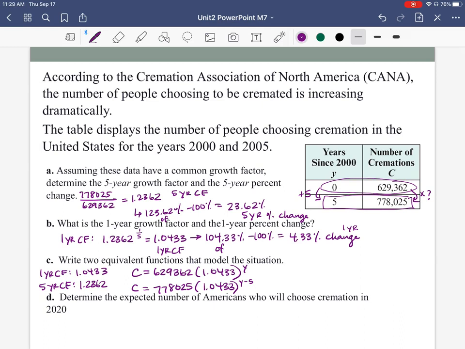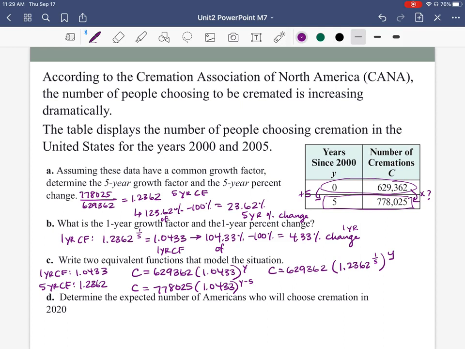So if I do that, you guys are going to love all the options, right? So let's say we start with the first reference point of the vertical intercept. Instead of representing the 1.0433, we could represent it as 1.2362 to the 1/5, all to the y. So that's still kind of saying the same thing as the first formula, but now we're representing it in terms